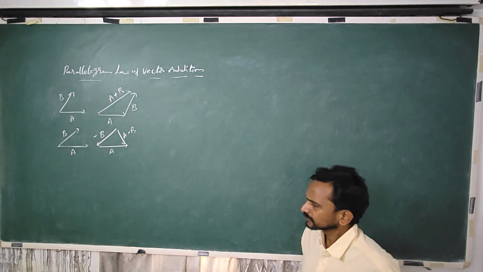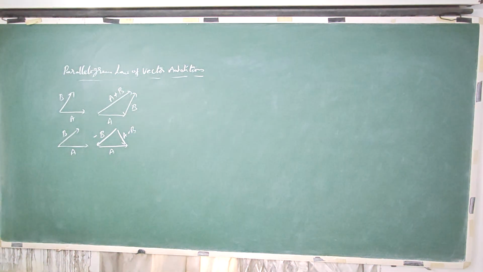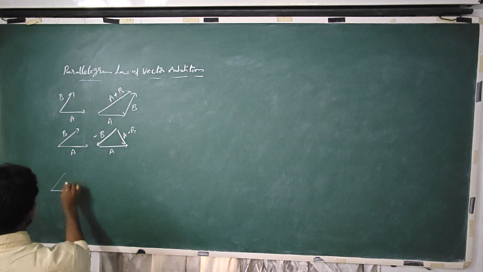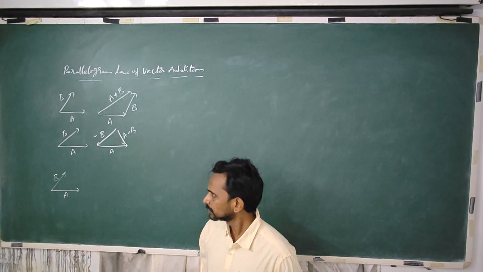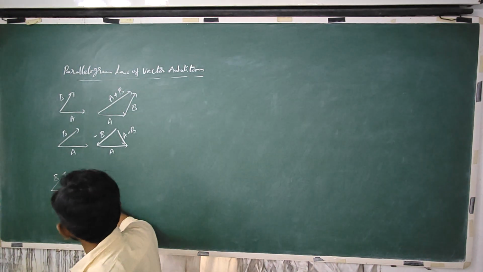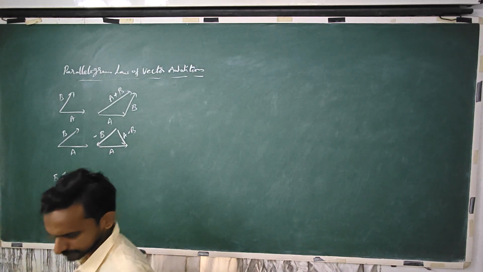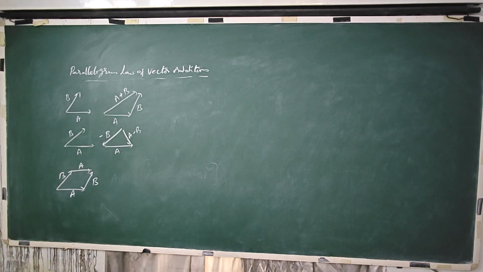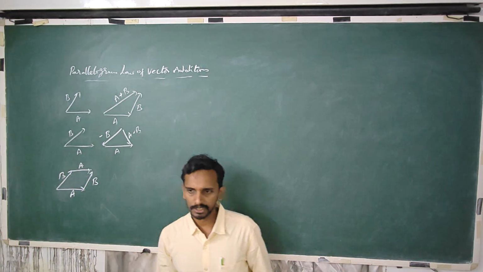Okay. So now we go to the parallelogram law for vector addition. So what do we do in parallelogram law? We construct a parallelogram using the given two vectors. So we have to draw a line parallel to this. This is also the same. Right, so if you draw parallel lines to both the vectors A and B, we can construct a parallelogram out